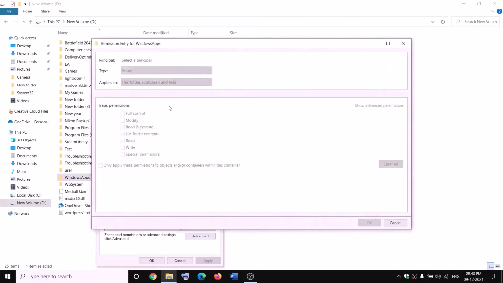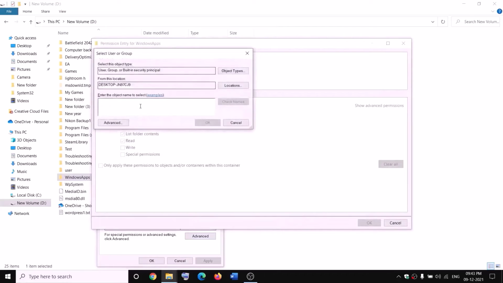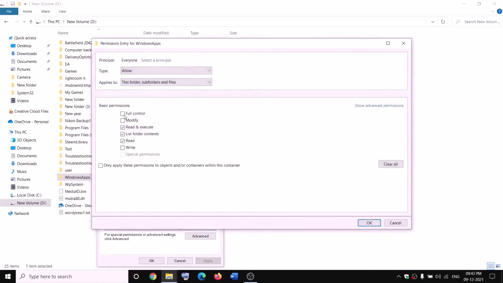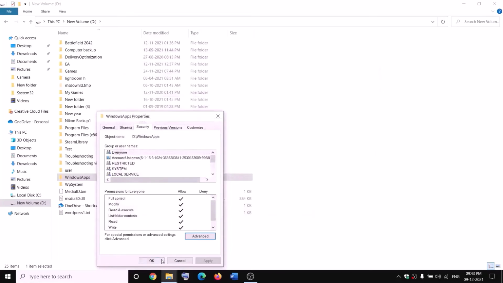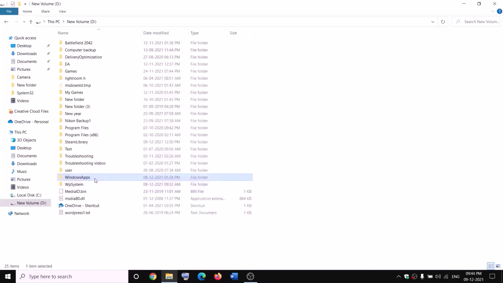click on add, select a principal, everyone, check names. OK, put a check on the box which says full control. OK, apply. OK, OK. Now make a right click on WindowsApps and then click on rename and then rename it as WindowsApps.old. Now while renaming it, if you receive any kind of error message which says file is